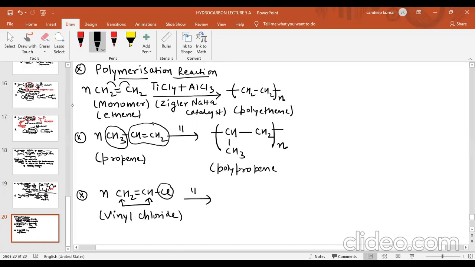Now, as we have already studied, only pi bond will go into the reaction. So whatever group is on this pi bond, put in the branch. So CH2 will be same, and now this CH. Now put Cl in branch, and then bracket. Join this carbon with back unit, and join this carbon with front unit, and put n there. So this is vinyl chloride. Now this will be polyvinyl chloride.